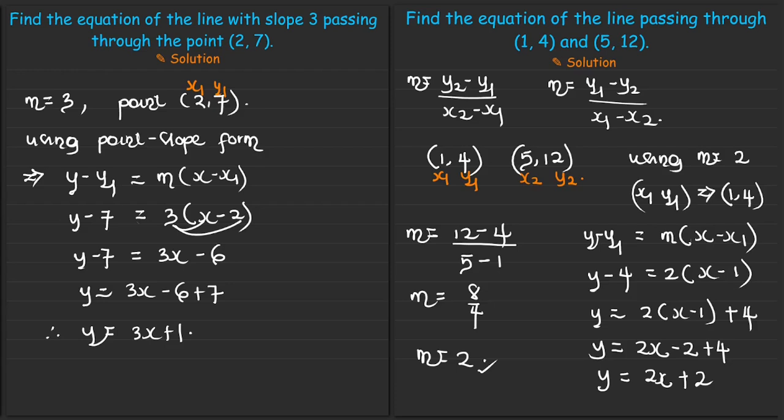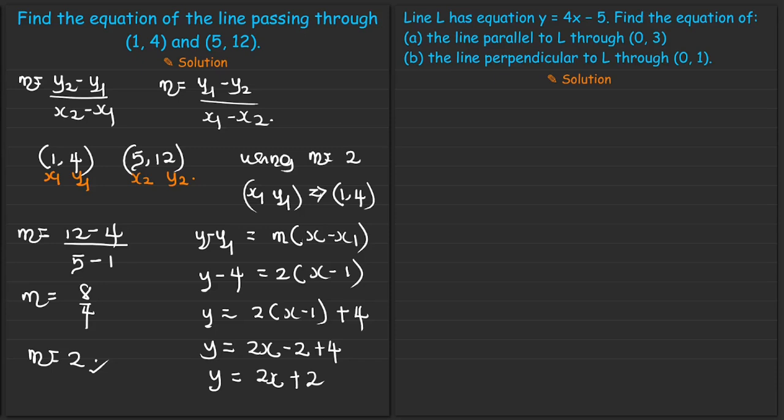Let's look at our next question. That is our last but one question. Question number 4. Our next question says, a line L has equation y equals 4x minus 5. We have to find the equation of the line that is parallel to L and passes through the point 0, 3. So first of all, we know the line y equals 4x minus 5 has been written in the